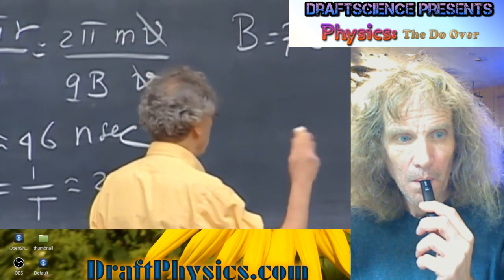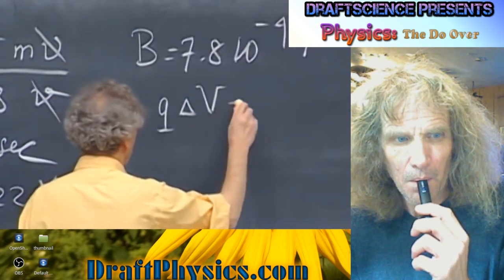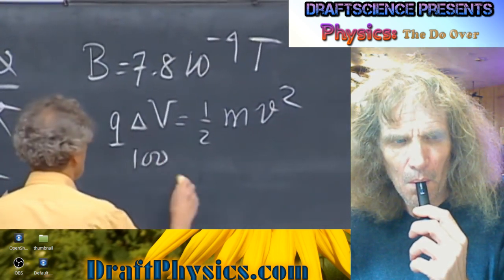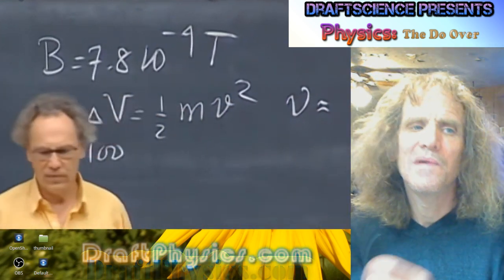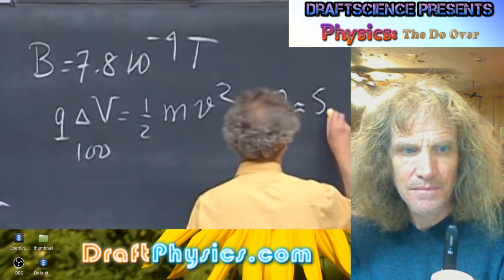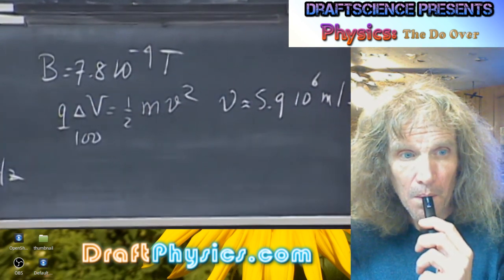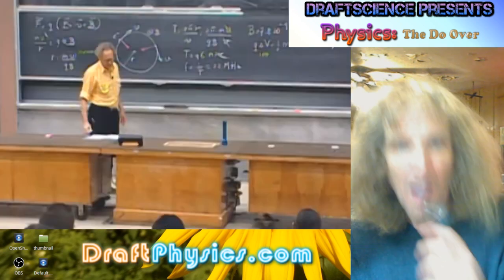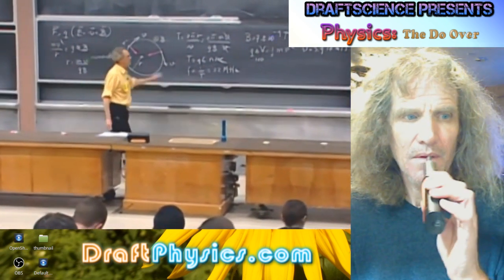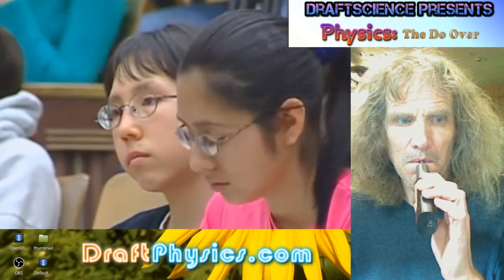Suppose I give them a potential difference of 100 volts, then q times delta V, which is the potential difference, would then be 1/2 mv squared. And so if I make this 100 volts, I can calculate what v is, and I found that the velocity of the electrons then is about 5.9 times 10 to the 6 meters per second. So that's the velocity if I have a potential difference of 100 volts. And so I can use that velocity, substitute that in this equation, and then I get the radius of these electrons in that magnetic field, and that radius turns out then to be about 4.3 centimeters.